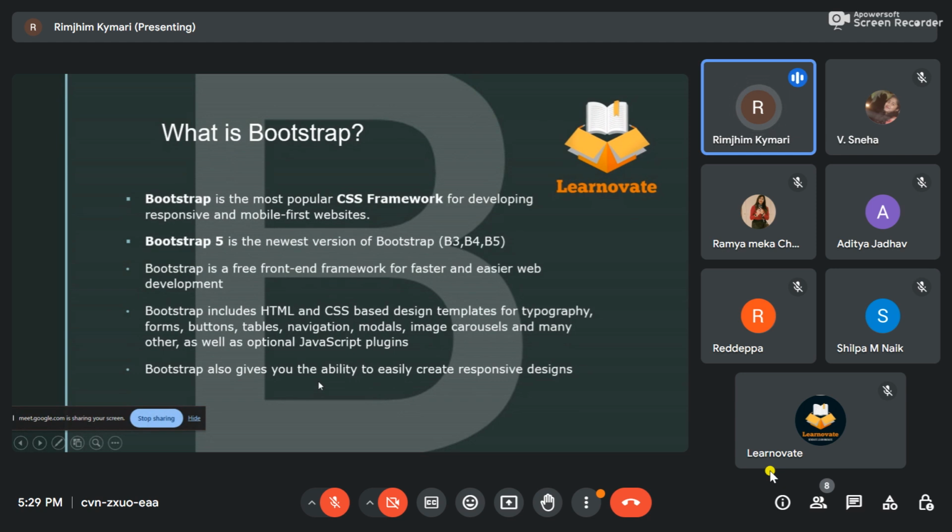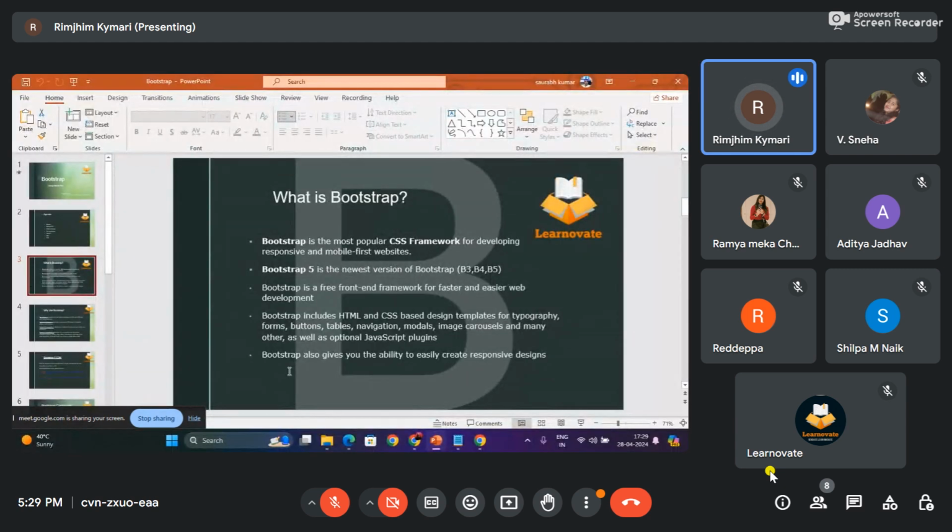Going ahead, guys, there's one important component. For example, if you're building a particular website and you're not using Bootstrap, if you try to see the code of any newly launched website or any old website also, if you try to see those websites,